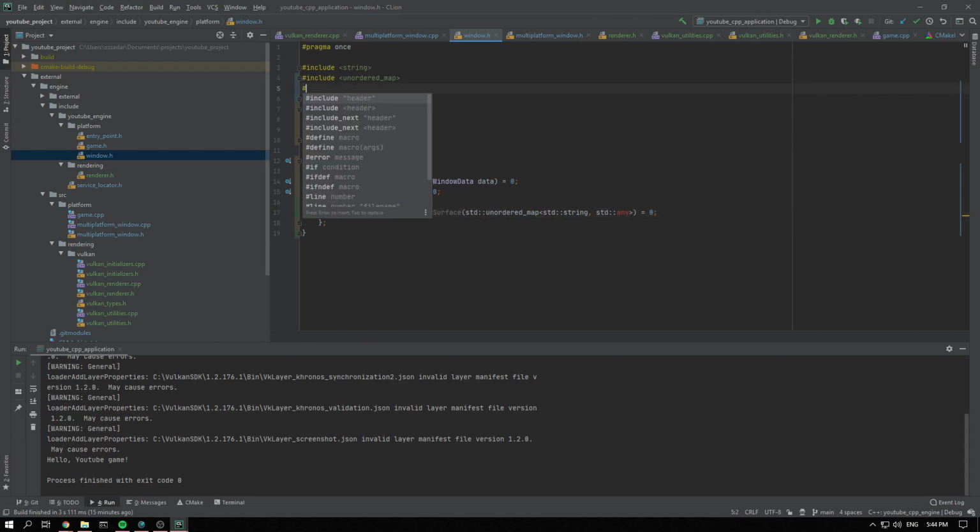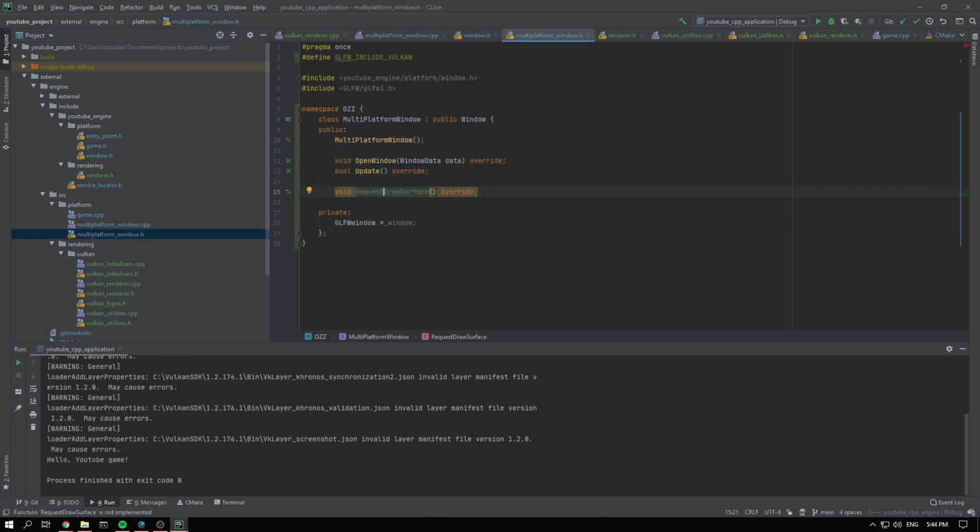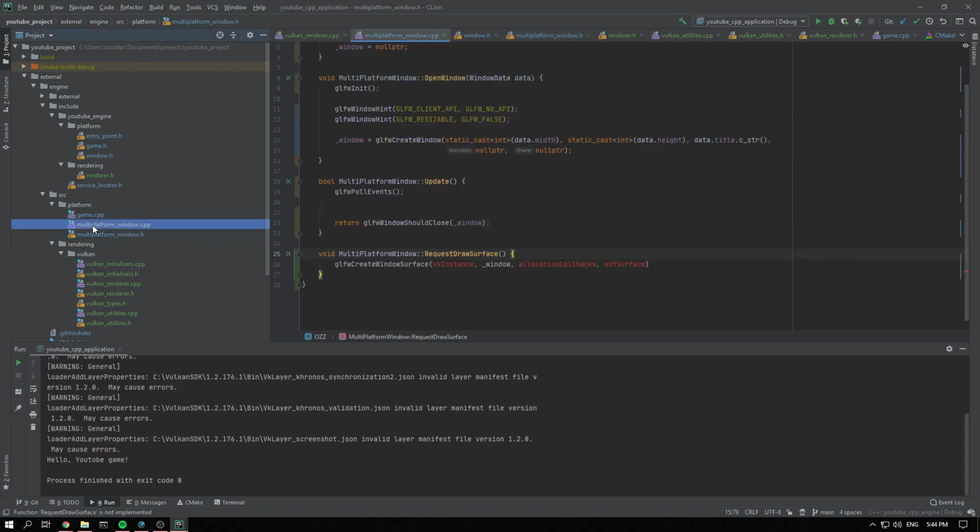And we also need to include any. And then we can pass that same thing into our multi-platform window. Put this inside here. And then we will say args, and we will go here and also call it args. Okay, now